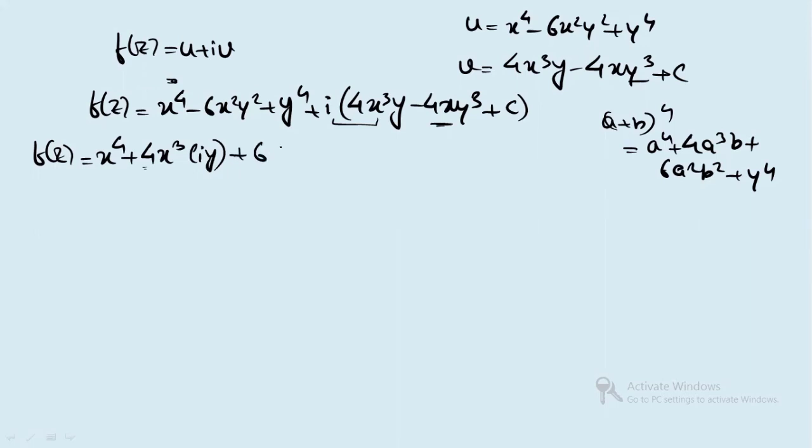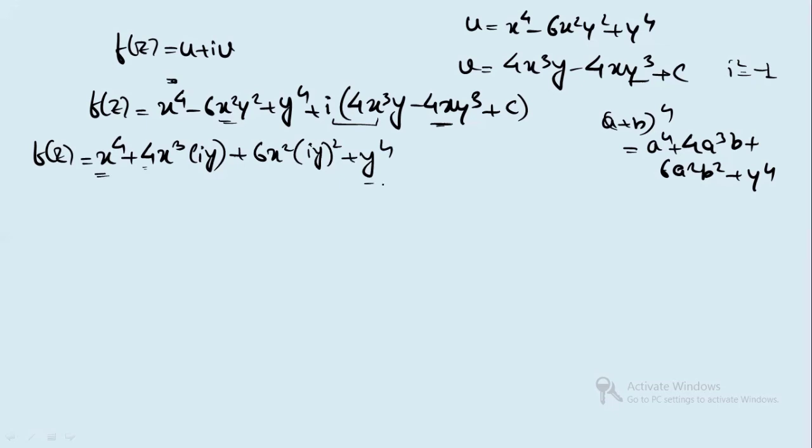Again, you will write here plus 6 a square. A square means what? It will be x square. This term I'm writing. This is minus y square, right? You know, i square is equal to what? Minus 1. So I can write here (iy) whole square. Clear? Till here it is clear? x to the power 4. You got all the three terms. Last term, if you see, it will be y to the power 4. Is it clear? Just check it once again.